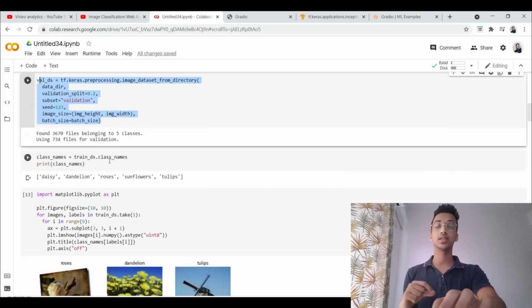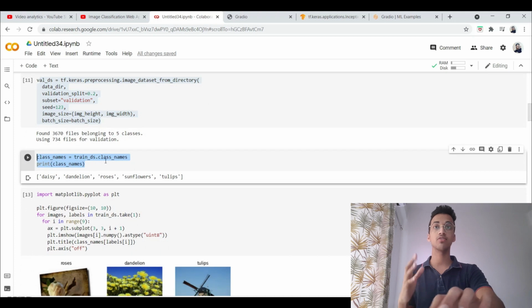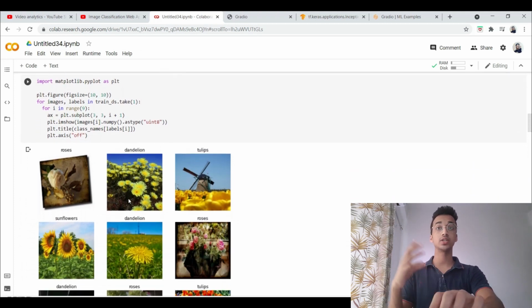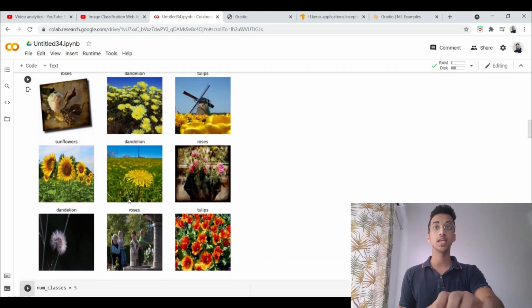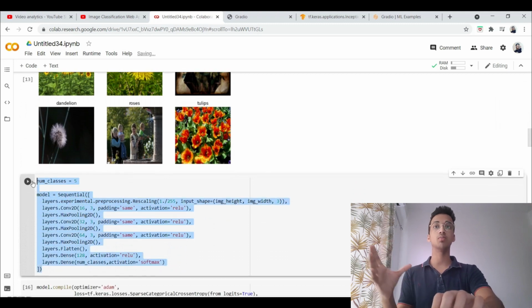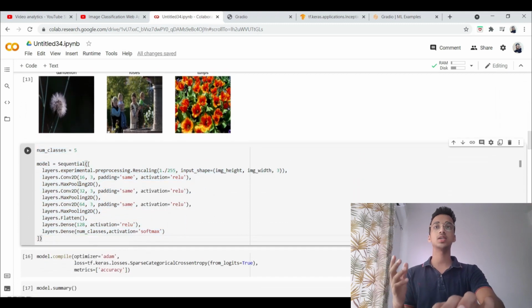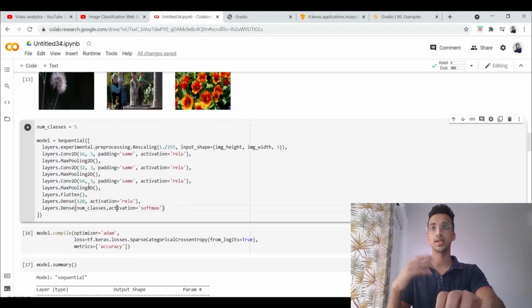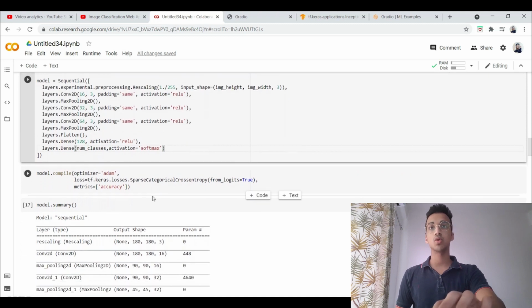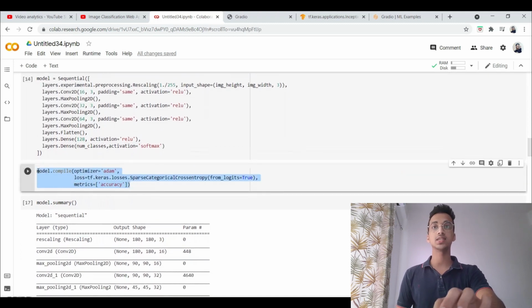You can see what the different classes are over here. There are 5 classes of flowers. Here I'm plotting 9 images from the dataset and you can see how they look with their corresponding labels. So here is the first model that I'm using. I'm defining a model on my own and you can see the model architecture over here. There are 3 convolution layers, each followed by max pooling. And this is where I'm compiling the model using the Adam optimizer, and this is the summary.